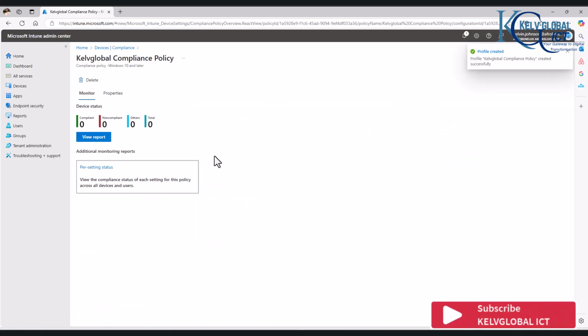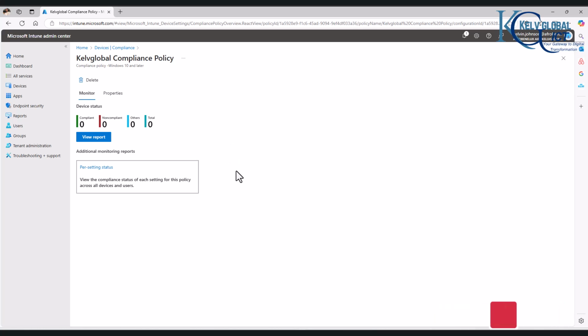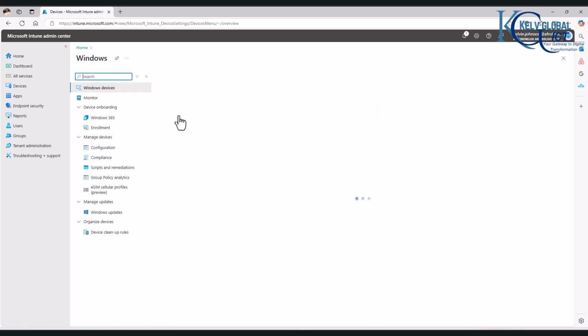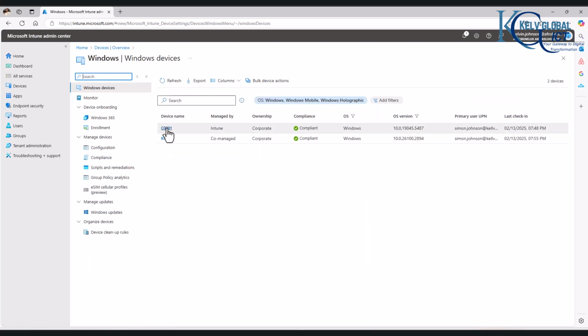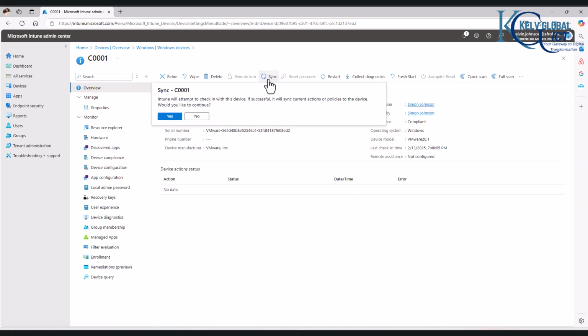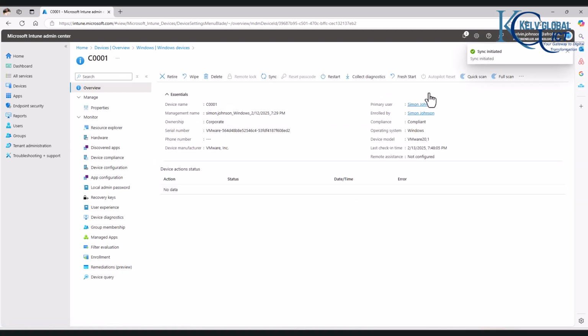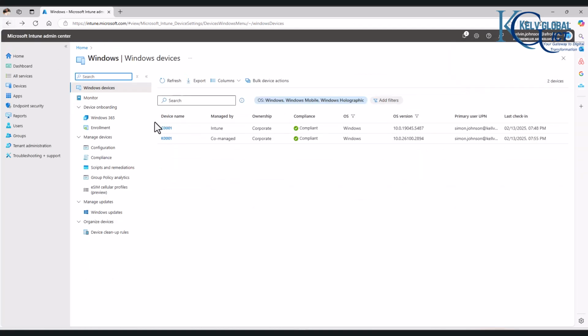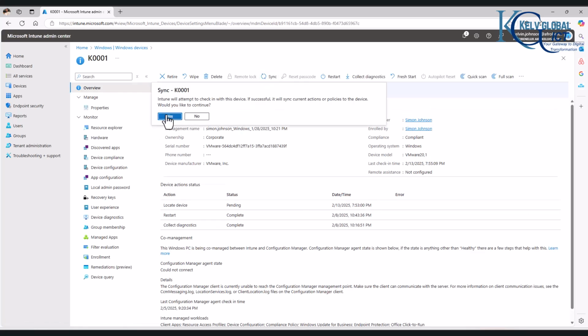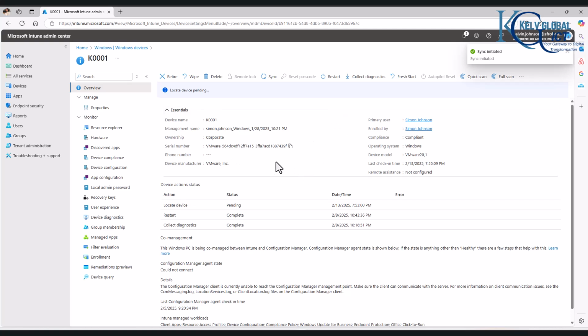So this will take some time for the device to receive this policy, but we can speed things up by going to devices and making sure that those devices are on. I only have two devices here. For example, we can select the first one. You can see at this moment it says compliant. We can try to sync this policy with that device and then go back again to the second device and also sync with this device. So you can see right now both say they are